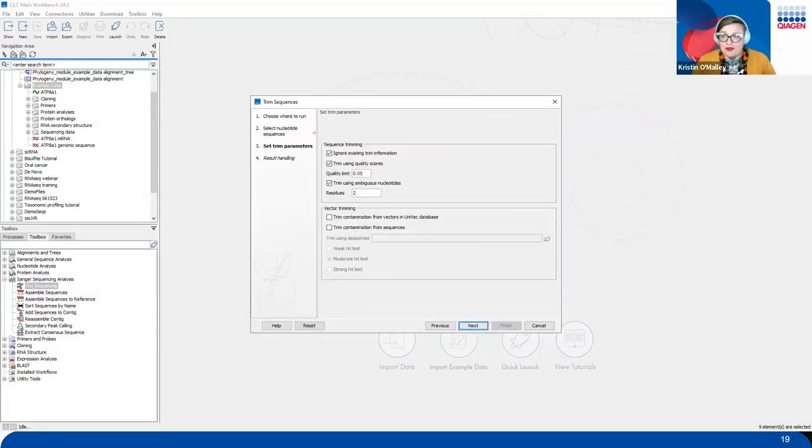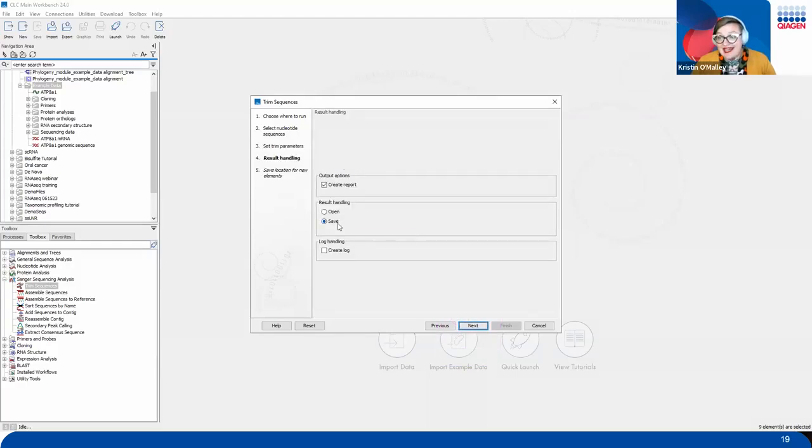And here is where we're able to select some different parameters. For our case, we are going to leave everything at default. But if you wanted to tweak some of these parameters, feel free to do so. You can find more information about these parameters in the help menu. And you also do have the ability to perhaps trim out some vector sequence from your sequences, if that's something that you have in your data here. But again, we're going to leave this stuff at default and move on with our Next button,